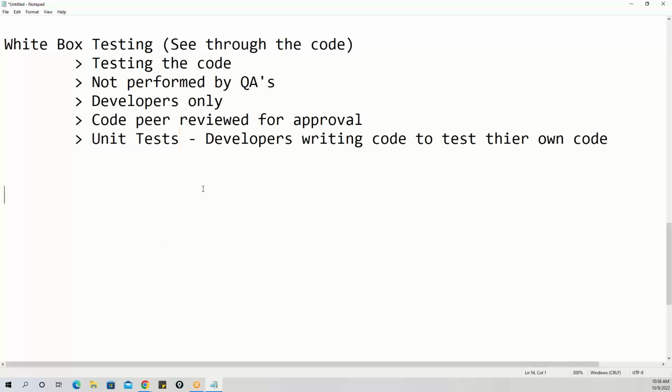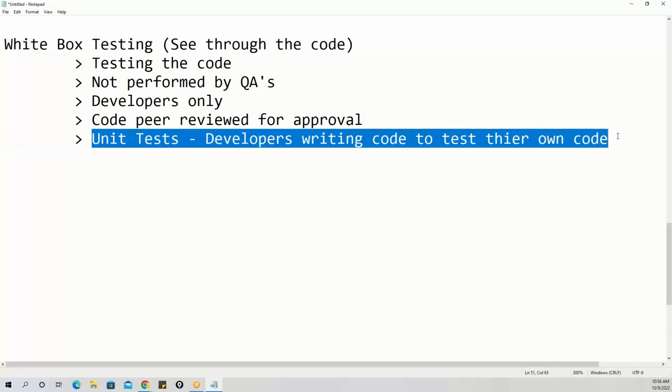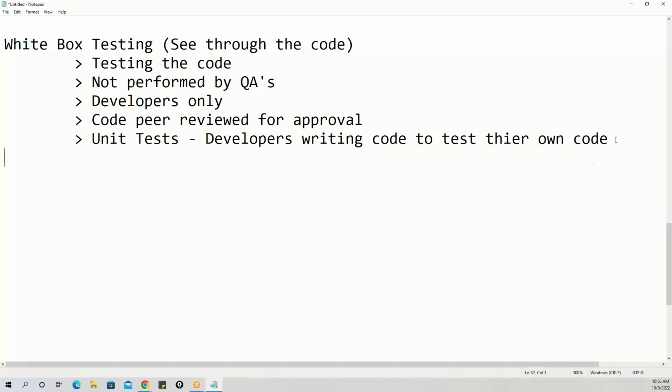A recruiter will ask you, what are unit tests? At minimum, you should confidently say, these are white box tests that are code. Developers write them to test their own code. Okay, that's it. There's nothing else that you need to know. Now, the next is